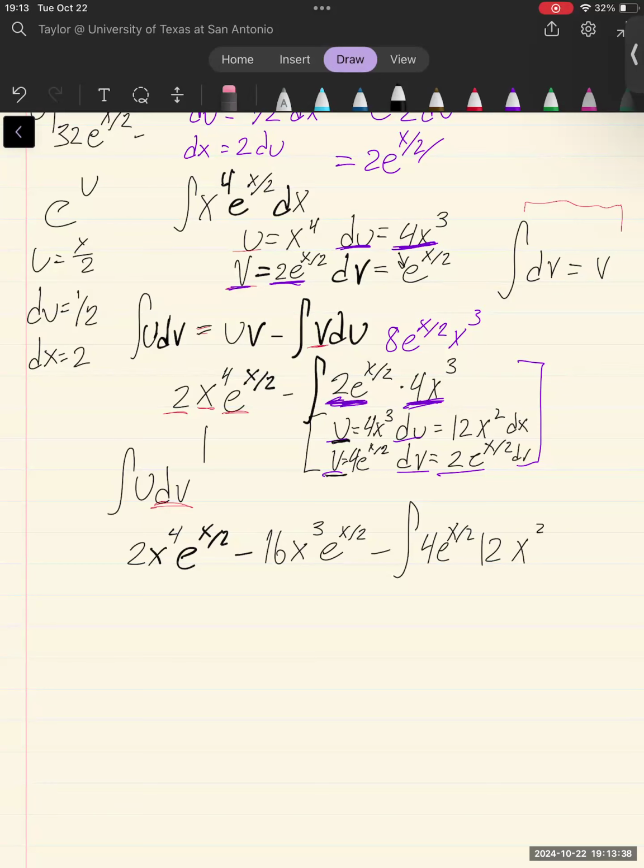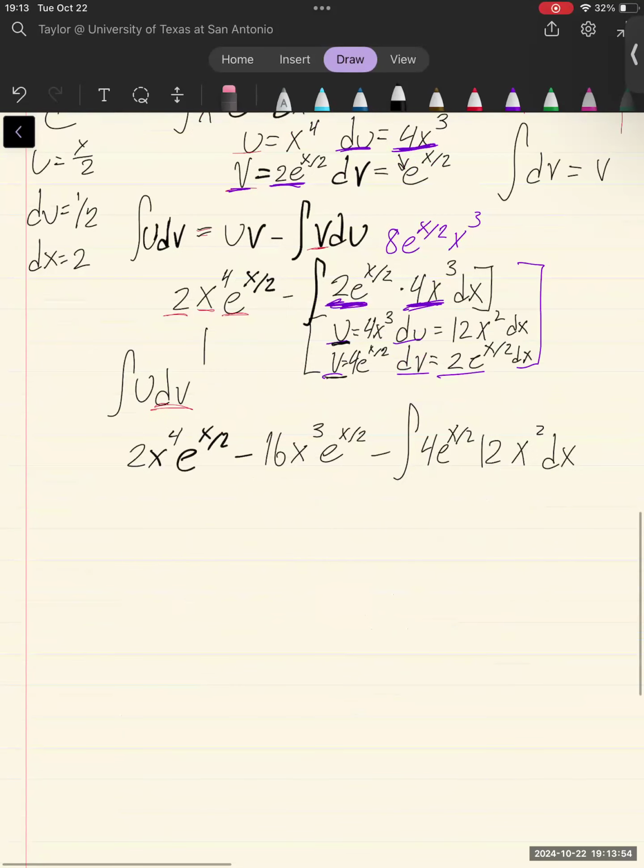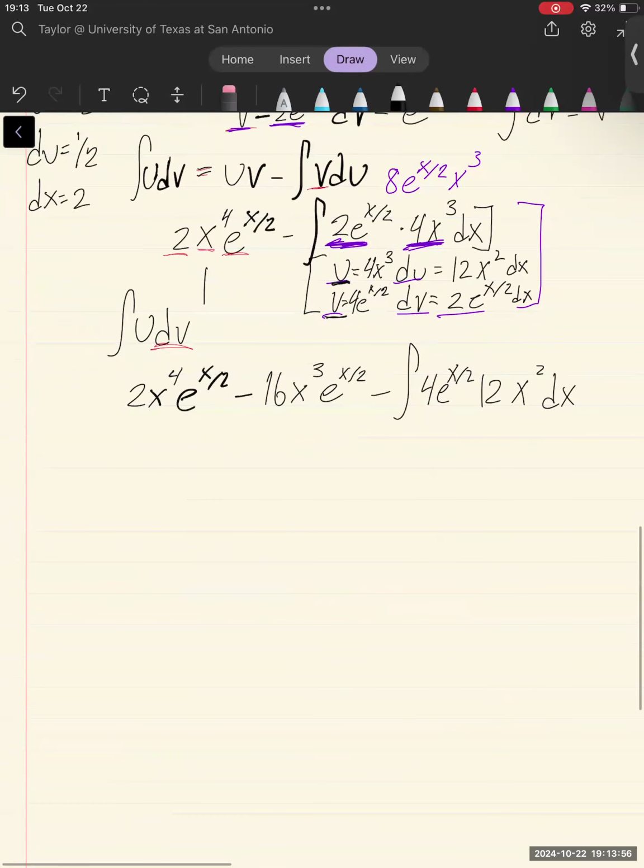And then you're saying this right here? I mean, yeah, technically, but technically the dx is right here. So it's kind of the same as long as you know that you're integrating with respect to x. So here, same thing, dx. And then this, skipping the algebra, if that's okay with you guys, and skipping that integration by parts again, I'm going to get